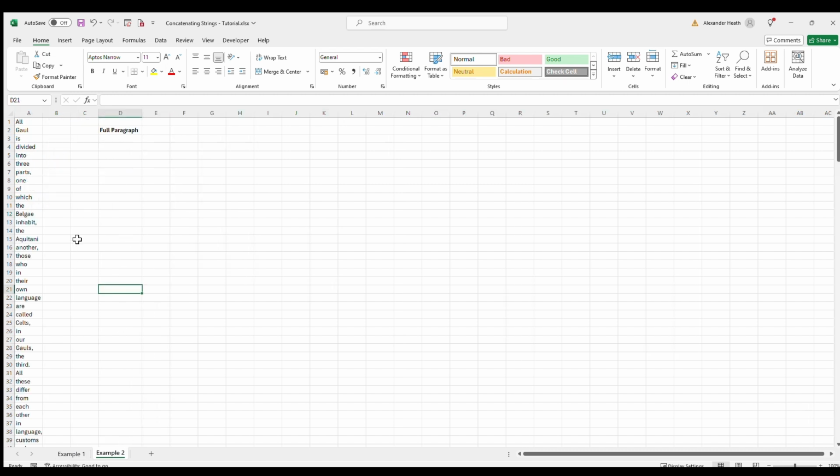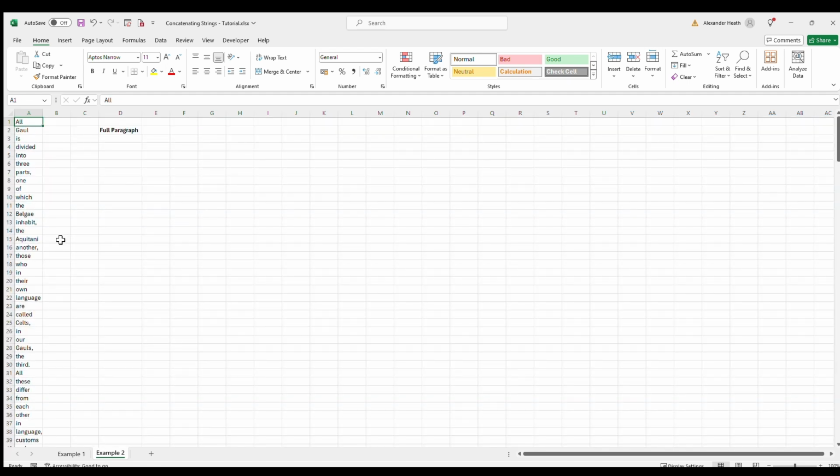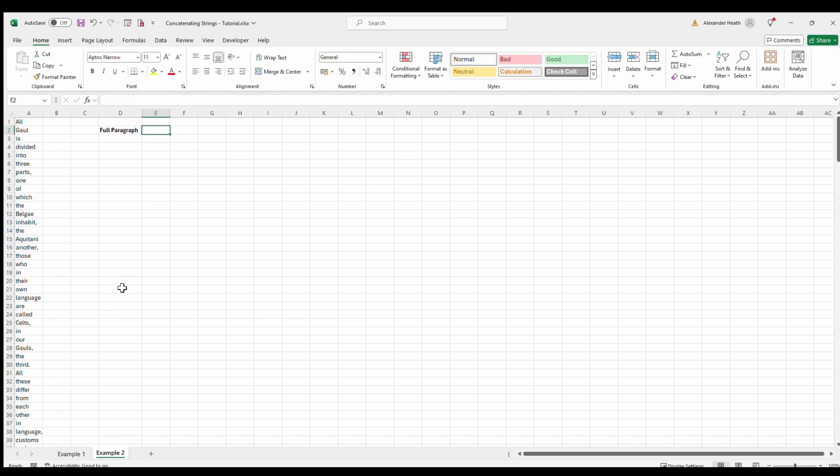What happens if you've got, how many do we have here? 273 words that you want to concatenate all together, but you don't want to have to do equal sign, this, and then and space in double quotation marks, and then this over and over again, all for 273. Thankfully, there is a formula in Excel called text join, which we're going to have a look at here. If you type in the equal sign, text join,